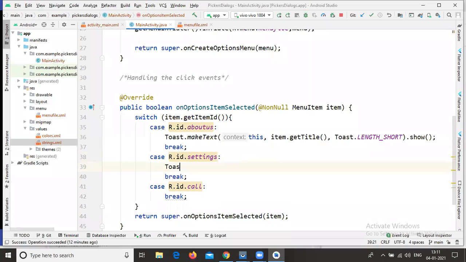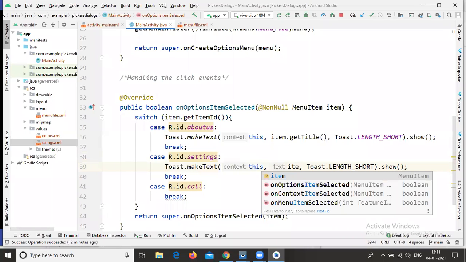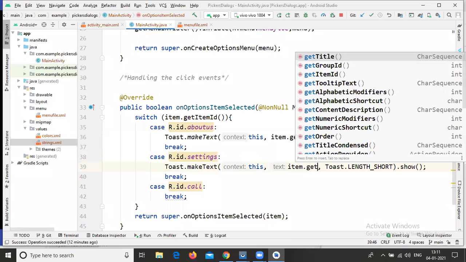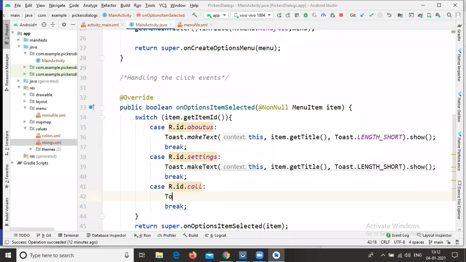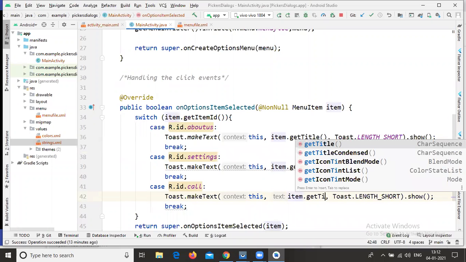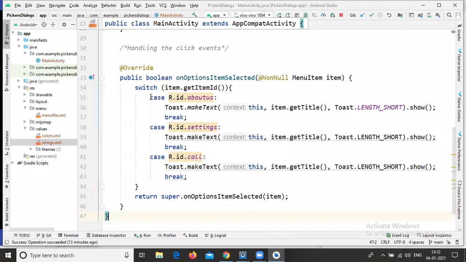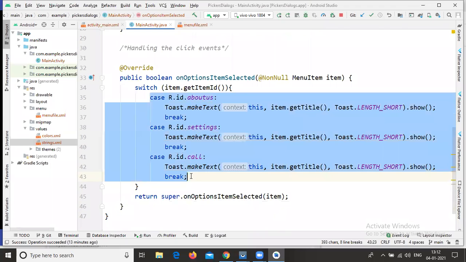Simply write like this: toast, create a new toast, item.getTitle. Again, toast, create a new toast, item.getTitle. This is the way you need to write the on click events in your option menus.